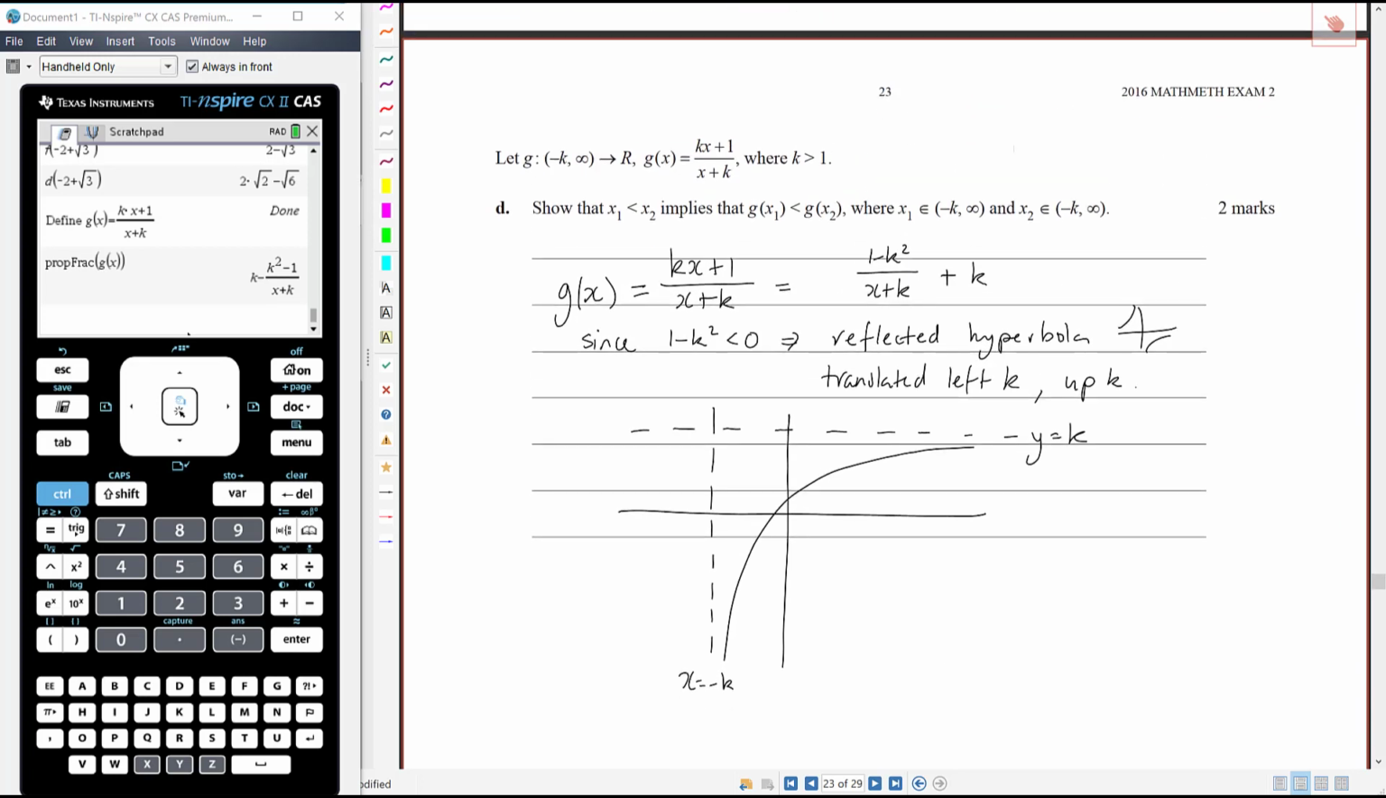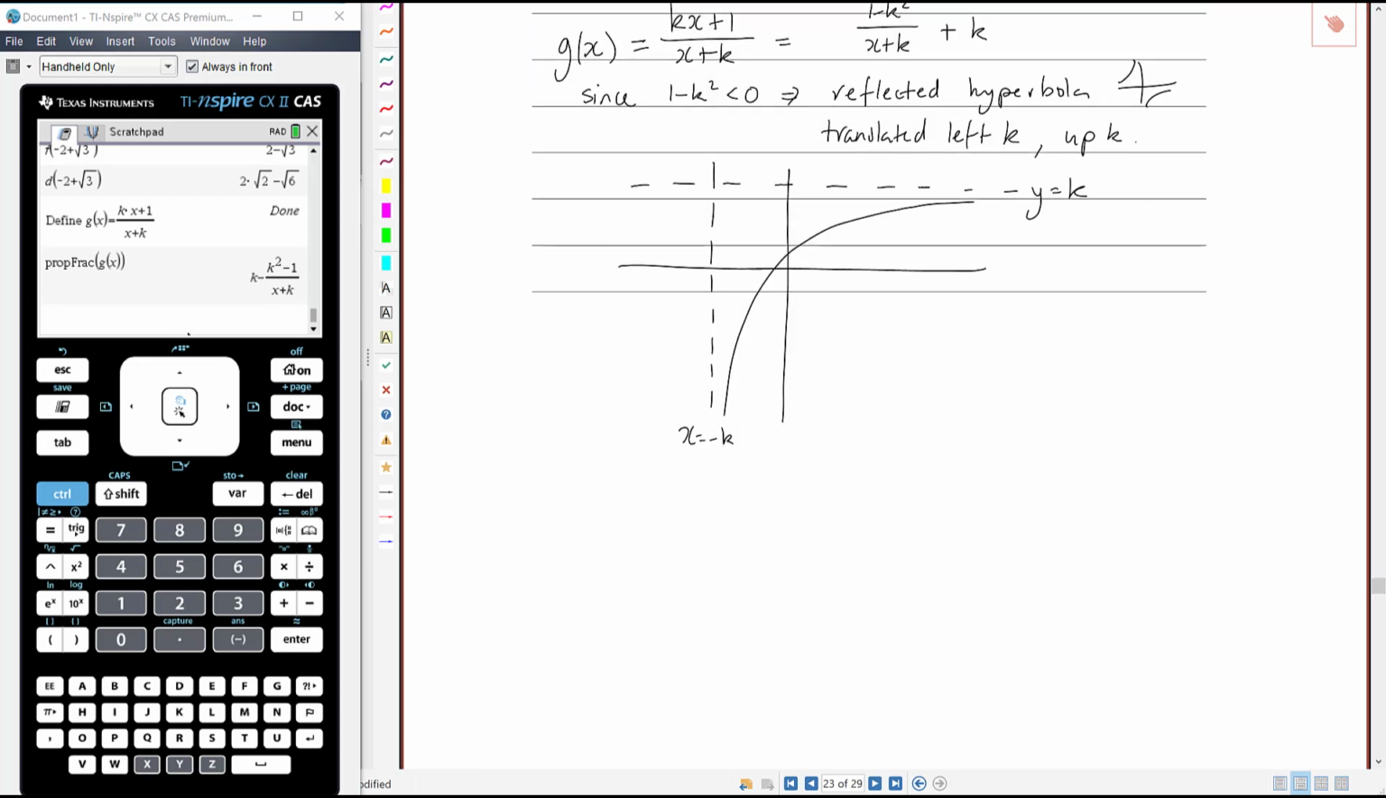Okay, so this is bringing to mind for me, this is talking about the function being strictly increasing. So I'm basically trying to show here that this function is strictly increasing over that domain. So we can see that over the domain where x is an element of negative k to infinity, g, sorry, it's not called f, g is a strictly increasing function,